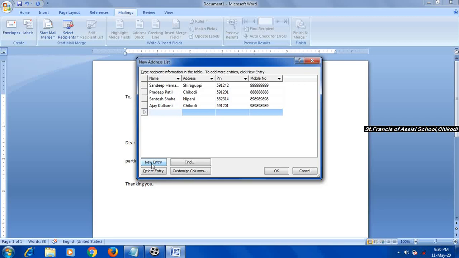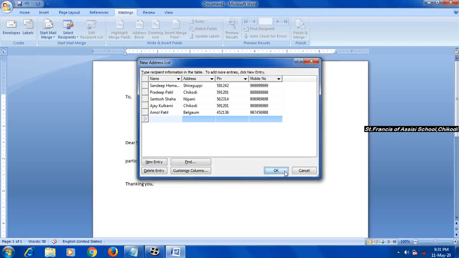I am going to generate this letter for 5 people. So the last name, Amol Patil, Belgaum. I will add some numbers. When the creation of this database gets over, then click on the OK button.